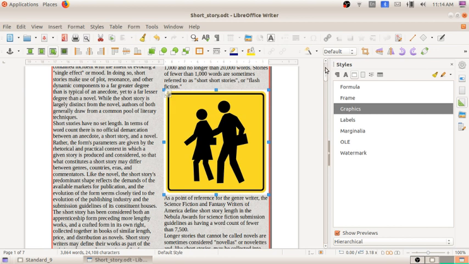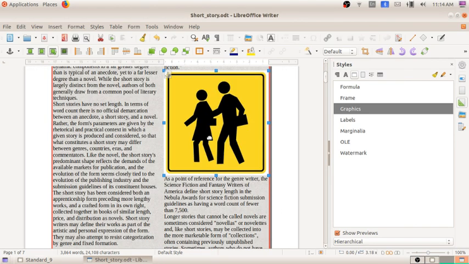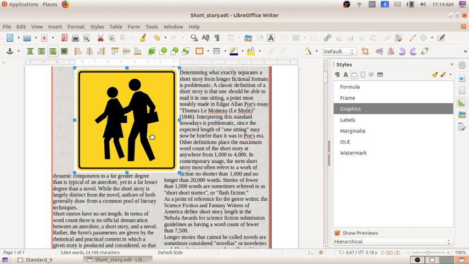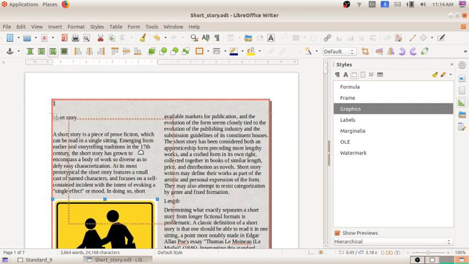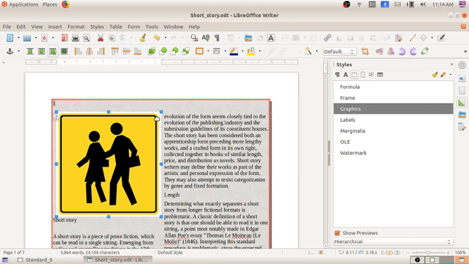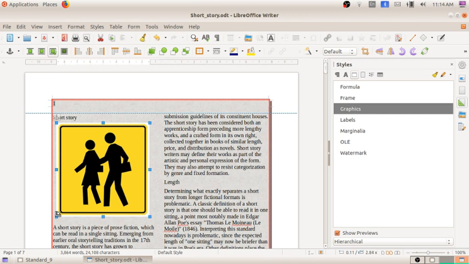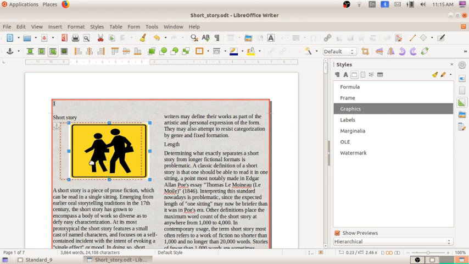If you want to put the image in an appropriate place, that is also possible. Click on the image here. We can move the image anywhere we want to place it, and we can place it over here. If you want to reduce the size of the image, select the image first. You can see a lot of nodes here. Click on any one of the nodes, and after that you can reduce the size of the image. In this way we can reduce the size of the image, and if you want to move it, click on the picture and we can move it.